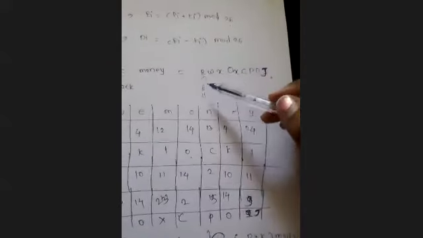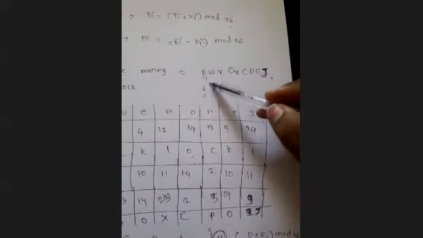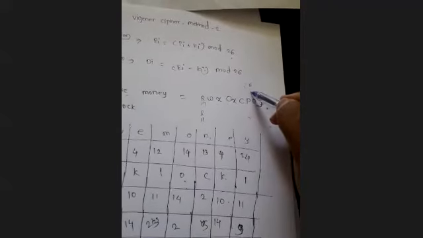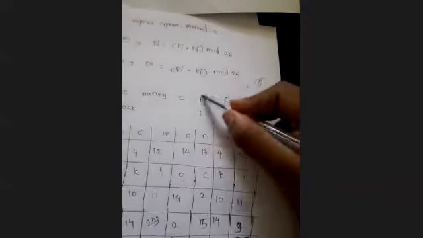Suppose R has value 17 and L is 11. First let us see the decryption. So 17 minus 11. 17 minus 11 will be 6, right? So 6 mod 26 will be 6. So 6 will be representing G. 6 will be representing G. So this will be the plain text for this R. So in this way, we can perform the decryption.